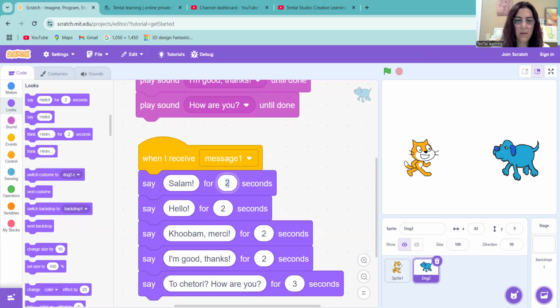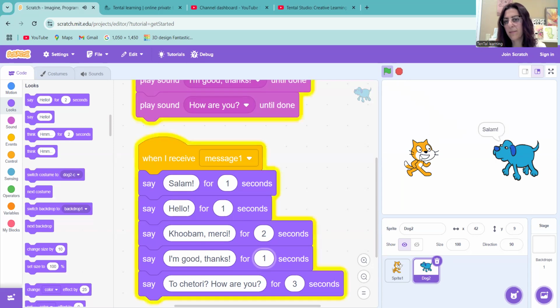Like we can do it like 1 second, and the English ones we will make less. 1, and then I'm good. Let's make it 1. This may be better. Let's hear it one more time. سلام چطوری؟ سلام خوبم مرسی تو چطوری؟